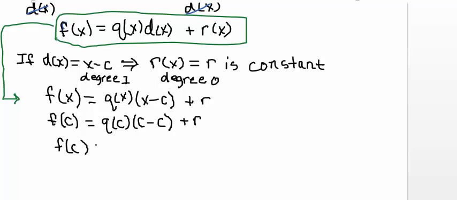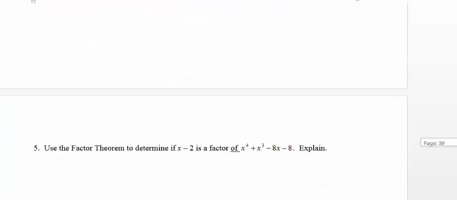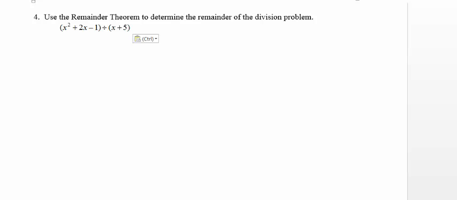But c minus c is 0. So f of c equals q of c times 0 plus r. Anything times 0 is 0. So this is just 0 plus r, or r. So f of c is my remainder. And that's why the remainder theorem is true. So this is just explaining, if you were wondering, why is this theorem true? This is why. So we want to use the remainder theorem to determine the remainder of the division problem,